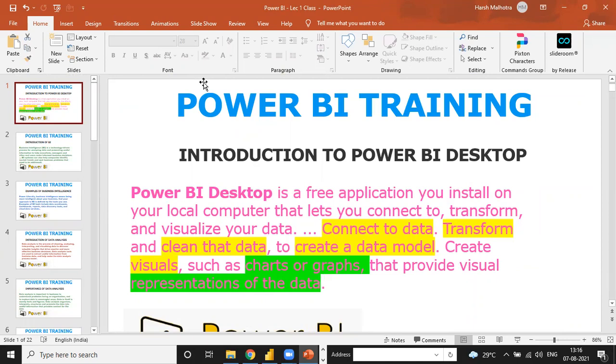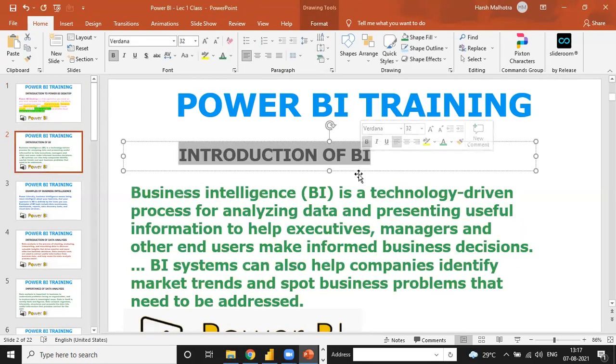Okay, so moving further. This was mainly the information relating to Power BI desktop and Power BI service. Now we move into the introduction to BI. BI means business intelligence. As you already know about Power BI, we are using Power BI for extracting the data, transforming it, and making visualizations on it. Once we make the visualization, we feed the data and select the range together, and the automatic visualization is ready. So that is called business intelligence.